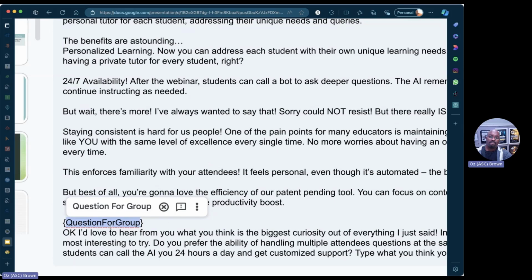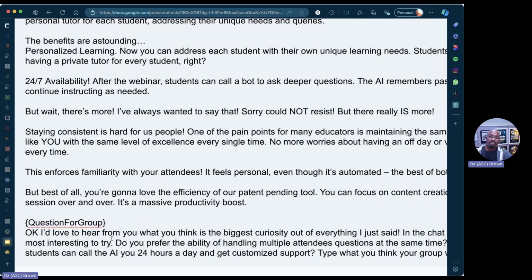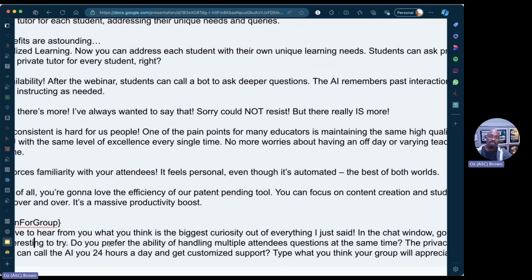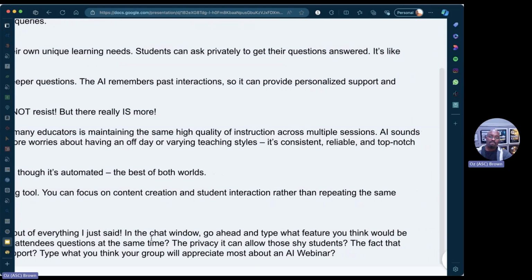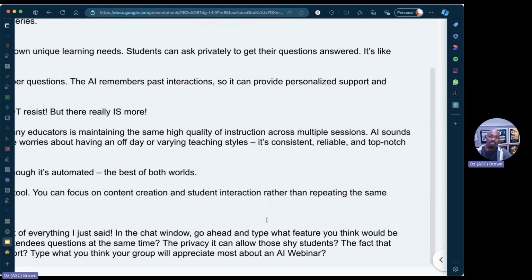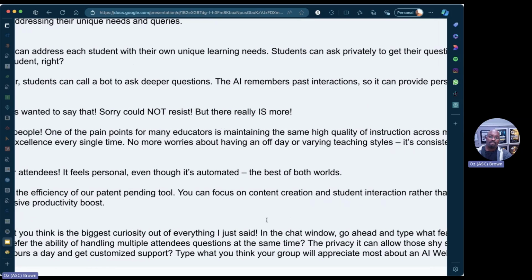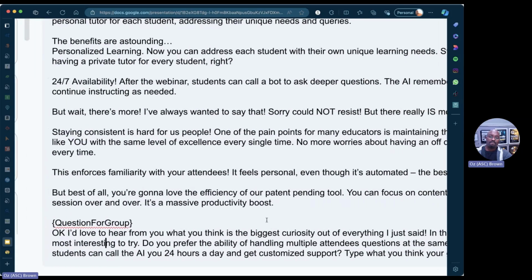So you can say question for group just like this, and put in the curly braces, add your question. Now the great thing about adding your question is that you want to allow for people to have a little bit more time to think about the thing that they want to say. So you're going to tell them what you want them to type in the chat window. You're going to say, in the chat window, go ahead and type whatever. Type yes, type sure, type whatever, and then go on and explain a little bit more,